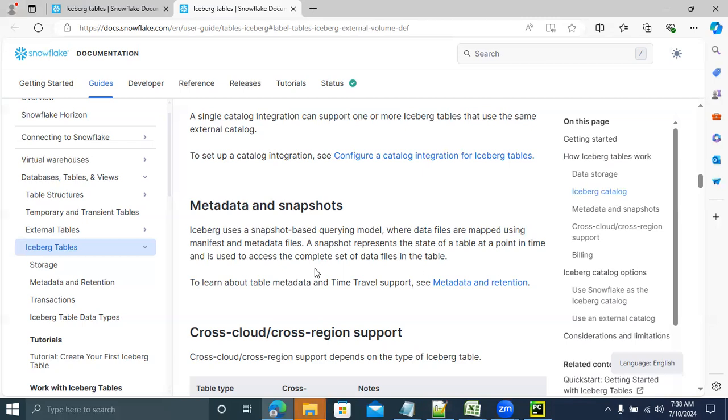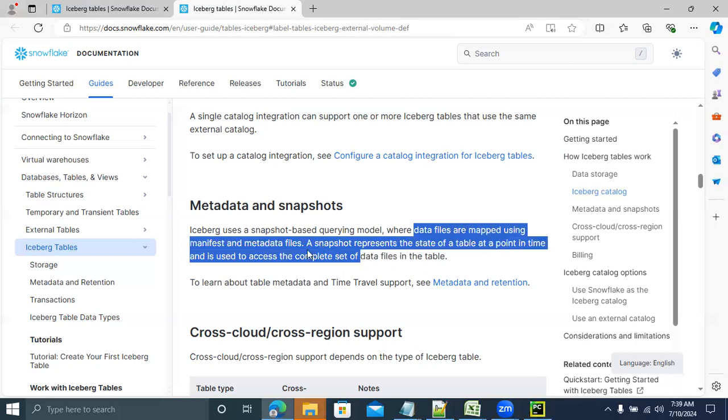If you want to see the previous version, only 2 files will be there, and I can see 200 records. If you want to see the latest version, I can see it contains 700 records. This is how I can have a snapshot. The Iceberg table does all these things internally. No need to do anything. It's going to map the data files using manifest and metadata files.